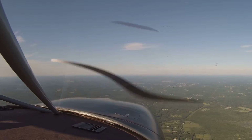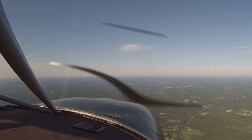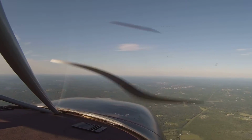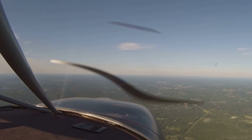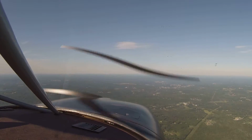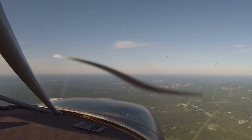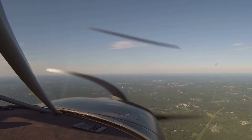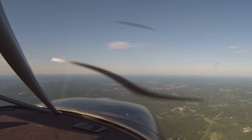You obviously have to put your flight plan in before that, or you just kind of go wherever? This is just a VFR flight, so we can go wherever we want. The avionics will let me load in a flight plan, and I could have the autopilot take us places. I have used the autopilot a few times, but I haven't really gone anywhere yet because I've been doing all my test flying. So you don't really need a...